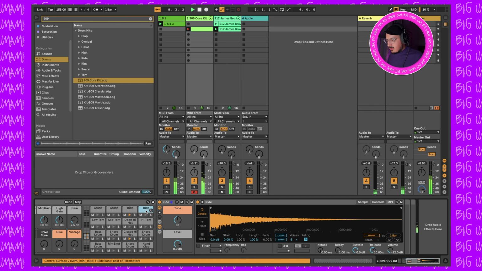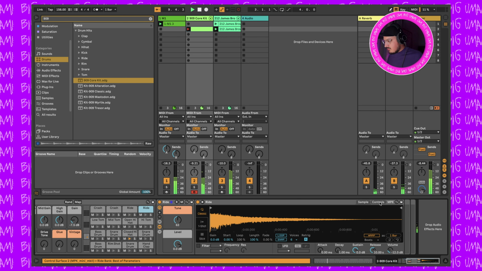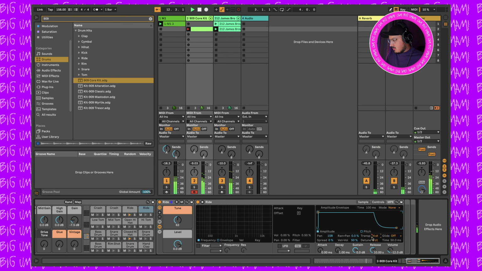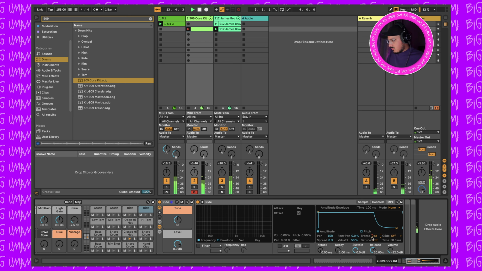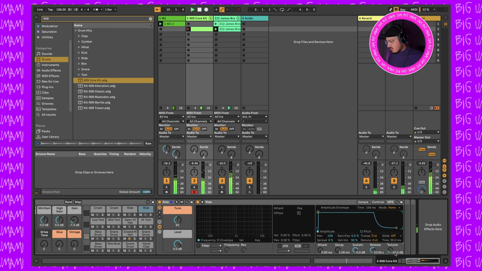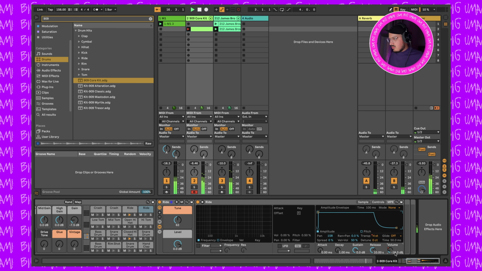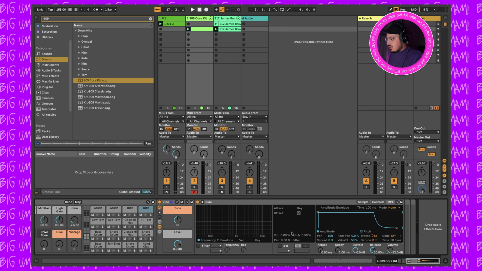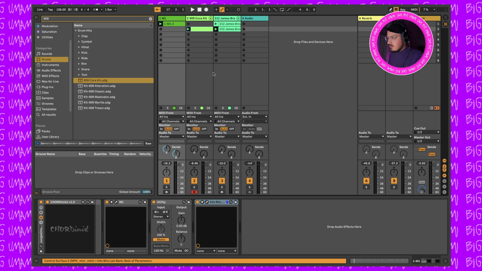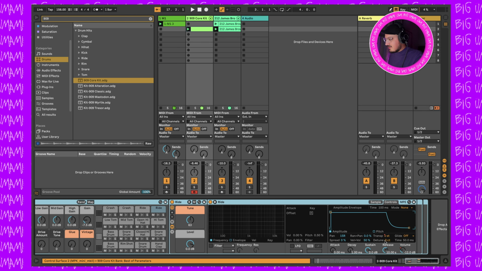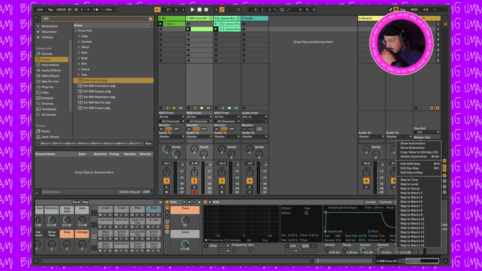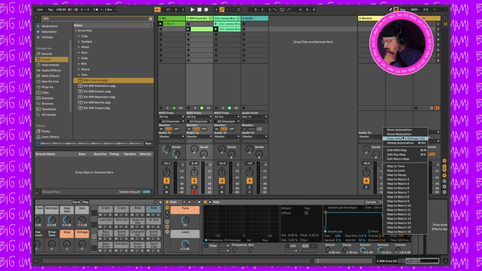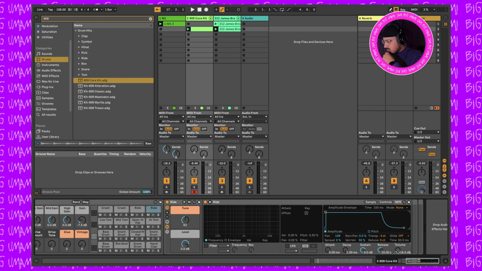I don't particularly like this second ride right here. I mean, I just don't like the sound. Of course, like an absolute idiot that I am, I'm doing some automations because I forgot to unarm the track. So let me just delete automation, and